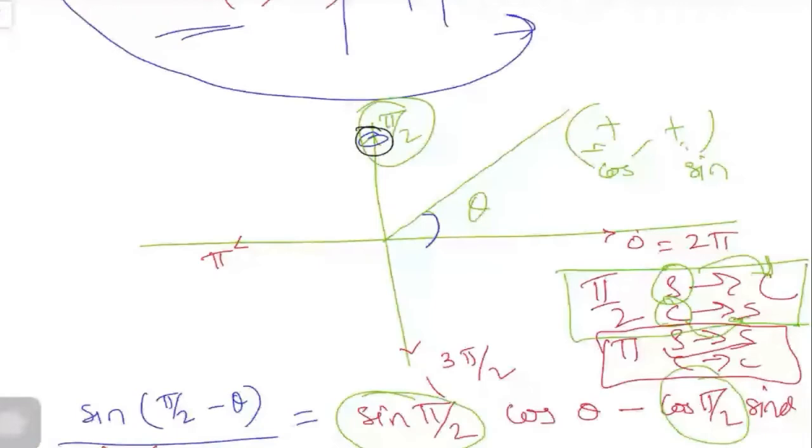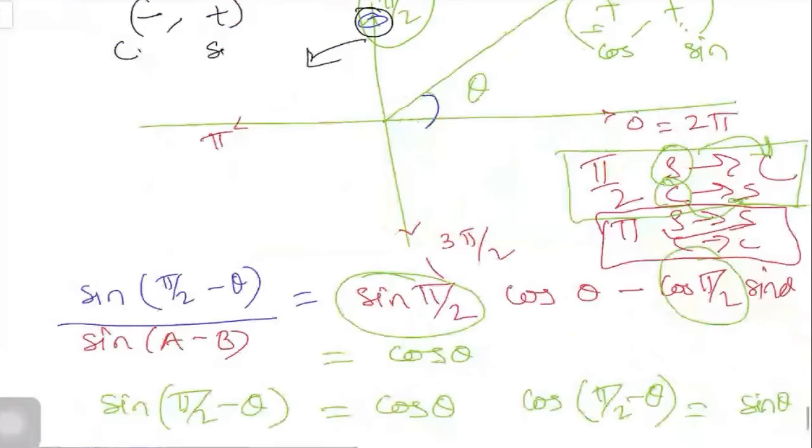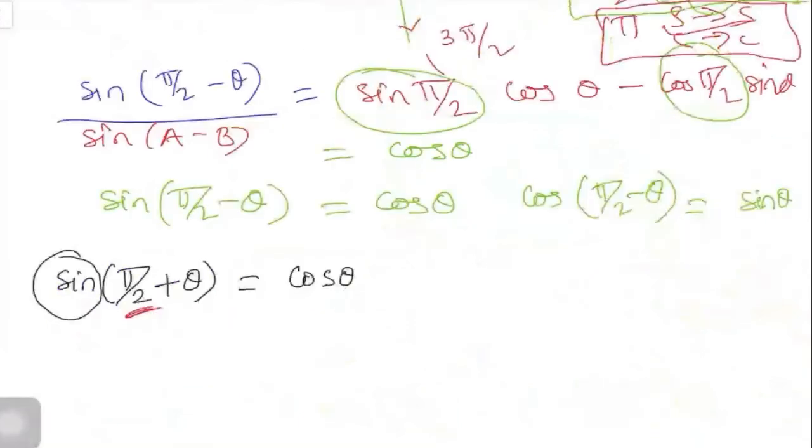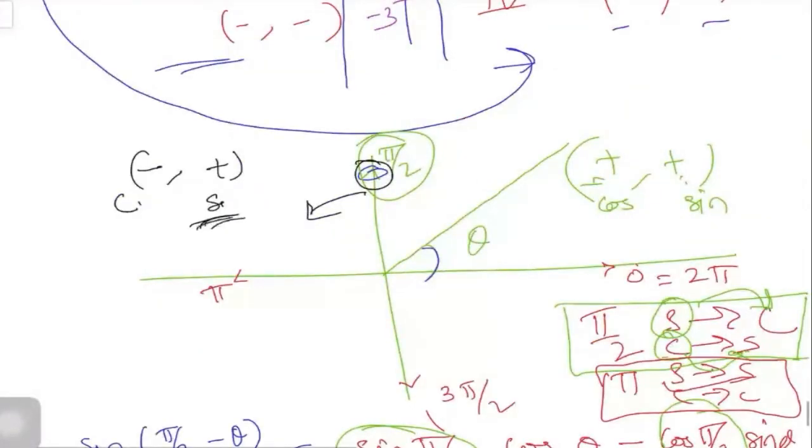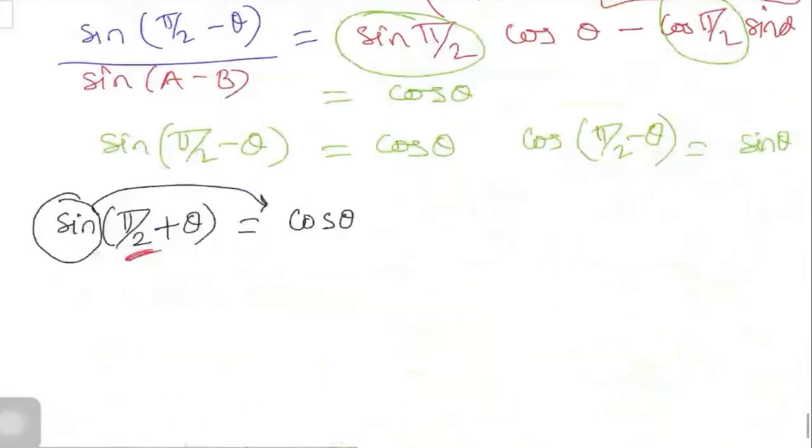In the second quadrant, what happened? The x coordinate is negative and the y coordinate is positive, so cos will have a negative sign and sine will have a positive sign. Since you are going to find the value of sine, and sine has a positive sign, we are going to have a positive symbol here.